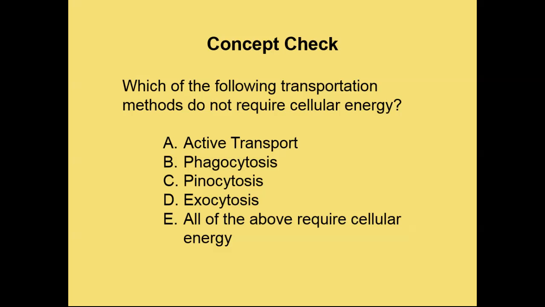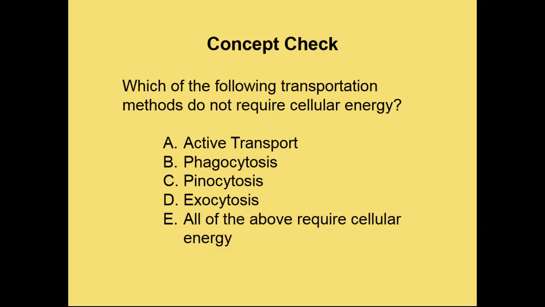Obviously, active transport is going to require the use of cellular energy. By definition, it does. Pino and phagocytosis are two kinds of active transport that we talked about. They are two subcategories within endocytosis where we reform the cell membrane. Exocytosis is the opposite of endocytosis, and I did not talk about it specifically in this PowerPoint presentation, but exocytosis is when we reform the cell membrane to bring something out of the cell,